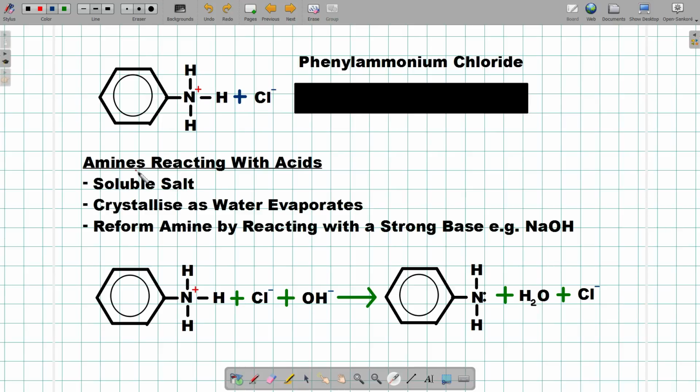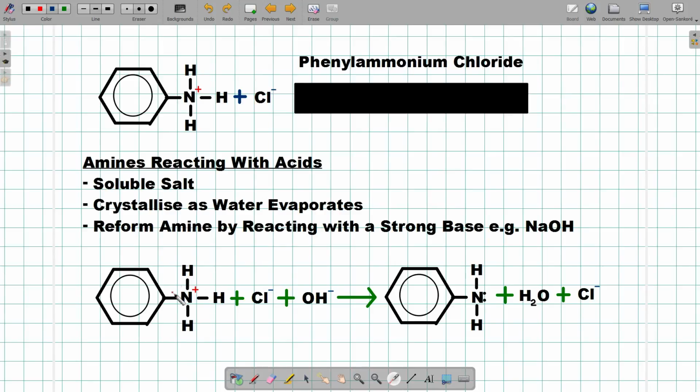So, amines reacting with acids. In that case, we just said that it reacts with hydrochloric acid. It'll form a soluble salt, which is soluble in water. And if you evaporate the water, it will crystallize, as you know, because I'm sure you've been over ionic substances, salts and things. But if you do want to reform the amine from the positive cation, the ammonium salt here,